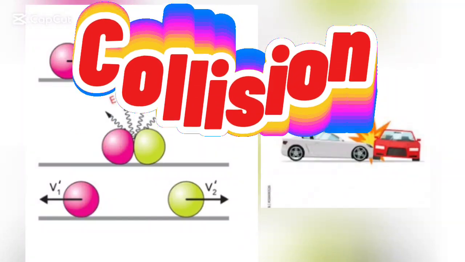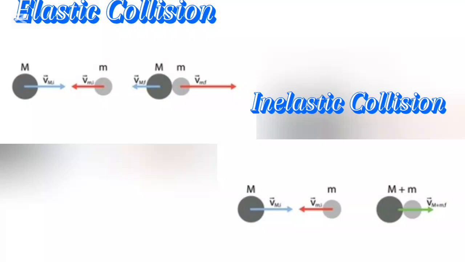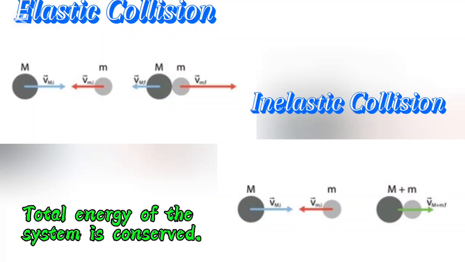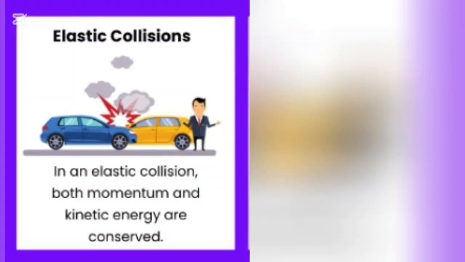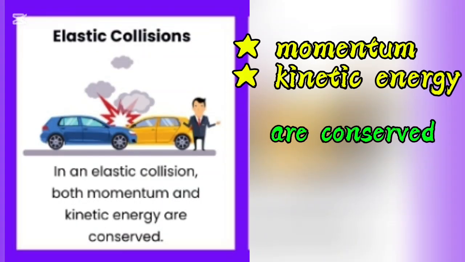Collision. There are two main types of collision: elastic collision and inelastic collision. During any collision, the total energy of the system is conserved according to the law of conservation of energy. Elastic collision. A collision in which both momentum and kinetic energy are conserved is referred to as a completely or